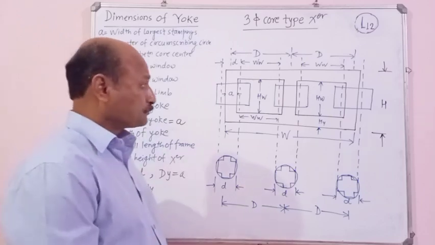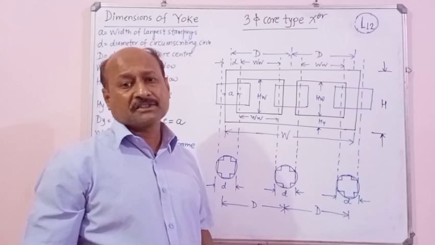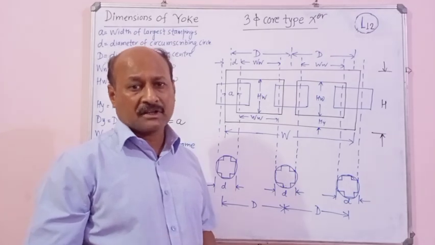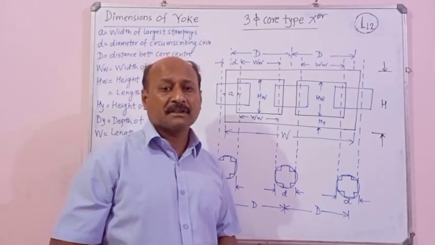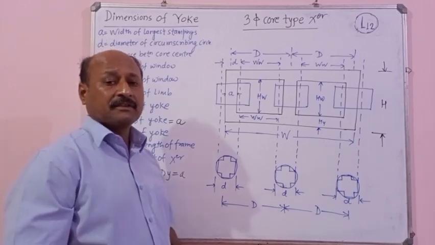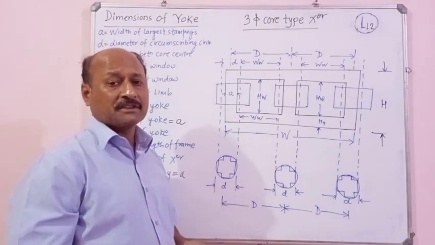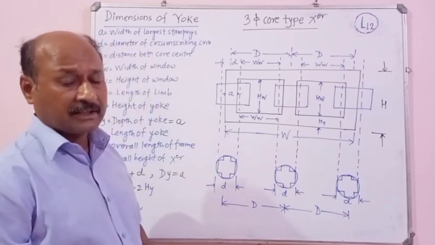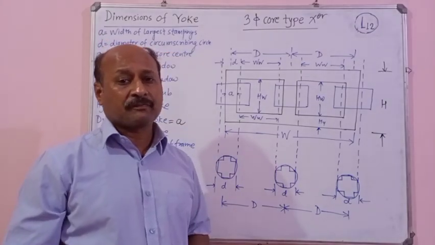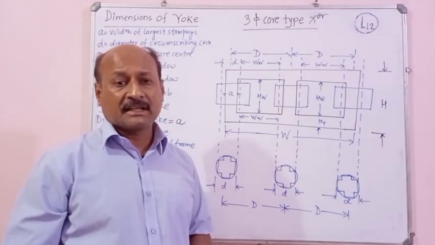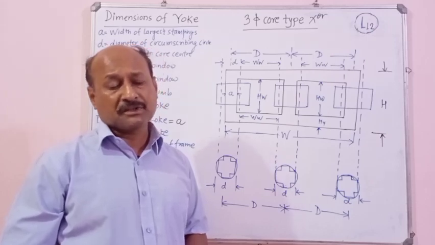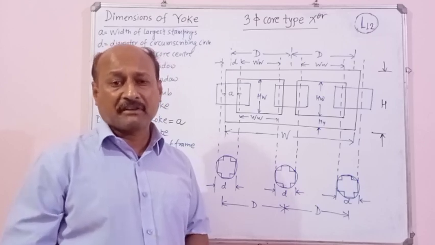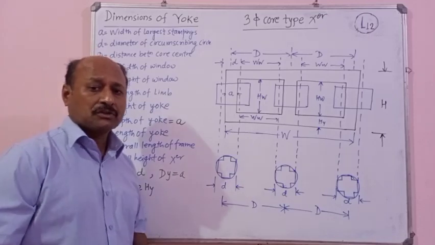In the next lecture, we are going to solve numericals on the design of the transformer. For that purpose, you have to revise all the notes: the different choices of the core, the different areas, and the different assumptions, so that by using those assumptions you can solve the numericals. While coming to the next class, revise all the notes and all the constants, and how those constants are chosen depending upon the type of the transformer. This overall information you have to revise to solve the numericals.